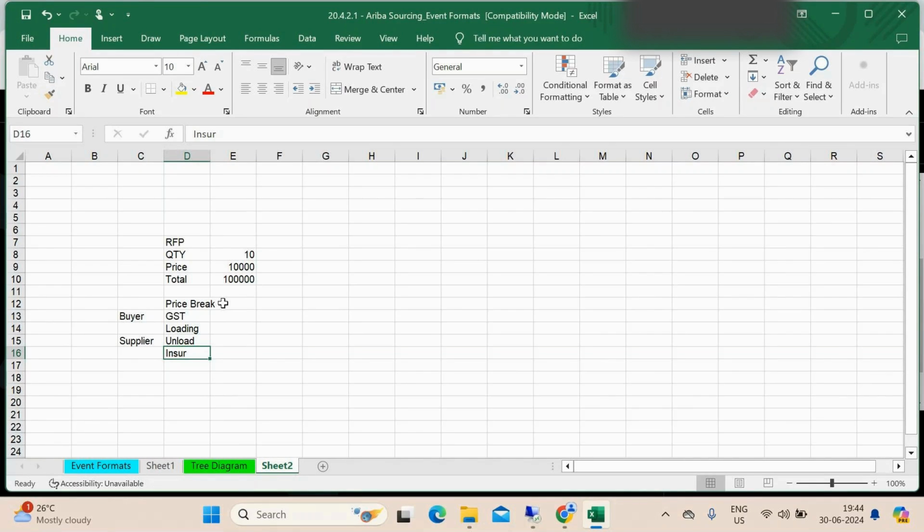In that there is loading, unloading, insurance, everything included, but that cost is paid by the organization. But if there are multiple cost terms, like GST is paid by the buyer, but loading and unloading and insurance are paid by the supplier, then there is a price breakdown. The buyer is paying some cost and the supplier is paying some, and for that reason it is differentiated. That's why it is called a price breakdown.